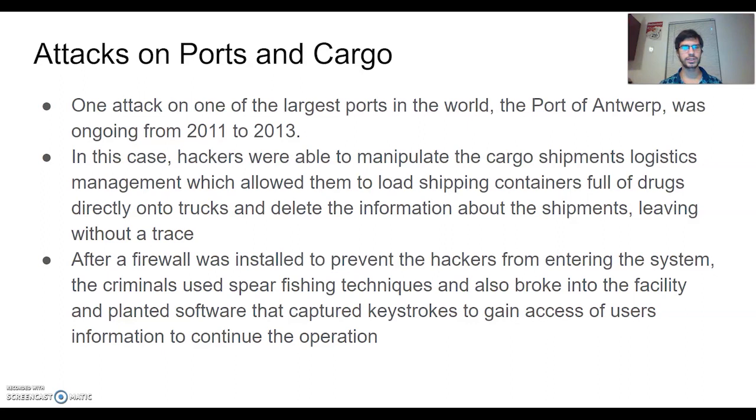After a firewall was installed to prevent the hackers from entering the system, criminals used spear phishing techniques on employees' emails, and also broke into the facility and planted software that captured keystrokes so that they could log into the employees'